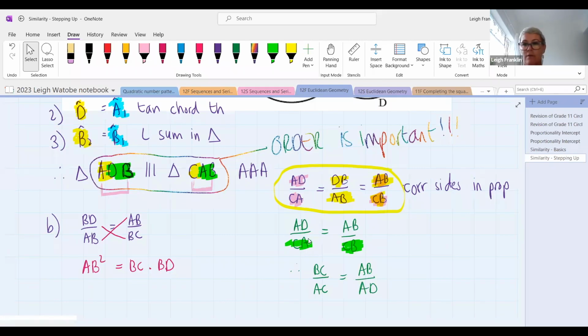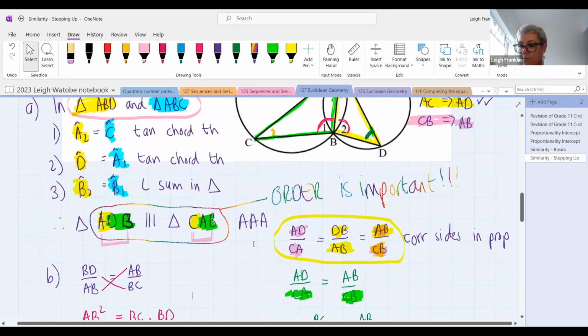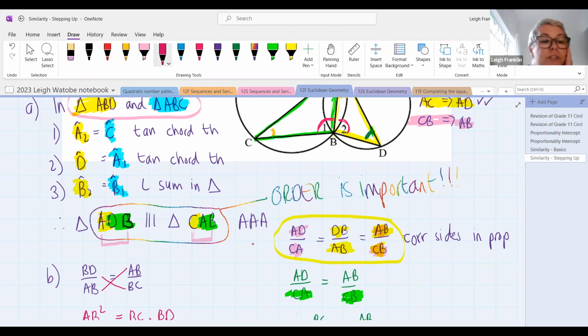Teddy? Ma'am, does it matter, when we're saying therefore triangle ADB will be similar to triangle CAB, I know you write them according to their similar sizes, but does it matter if I started with B and so on? No. What is important is that the order always matches. If I wrote ADB the first time, but the second time I choose to write DBA, beg your pardon,